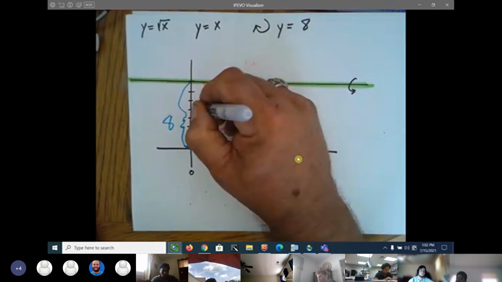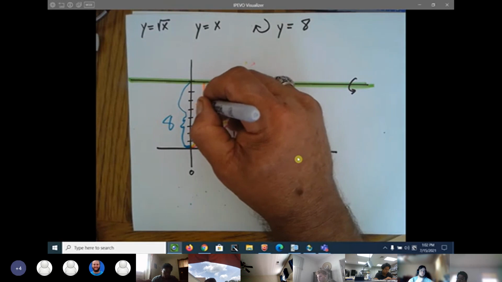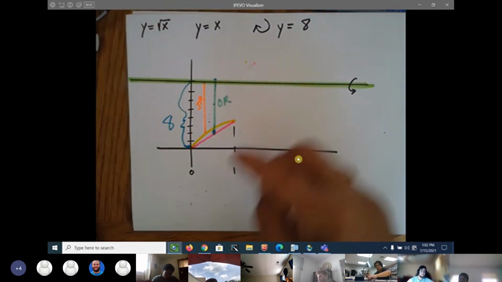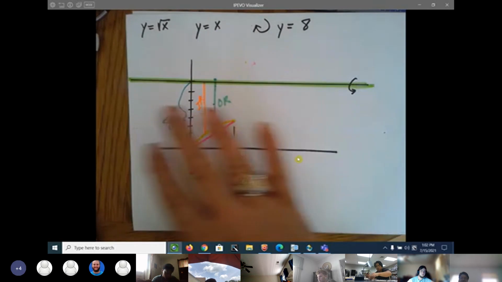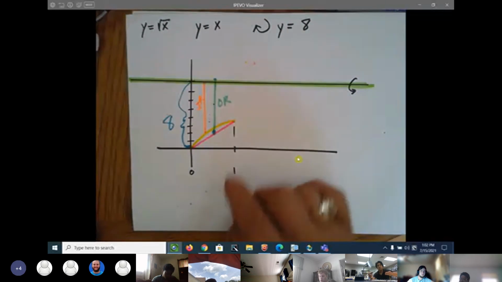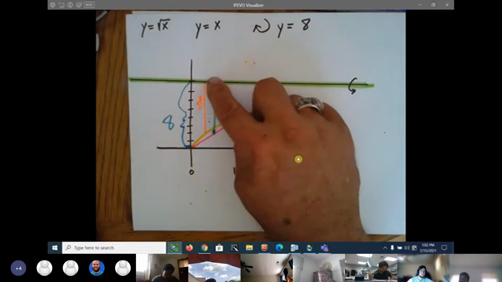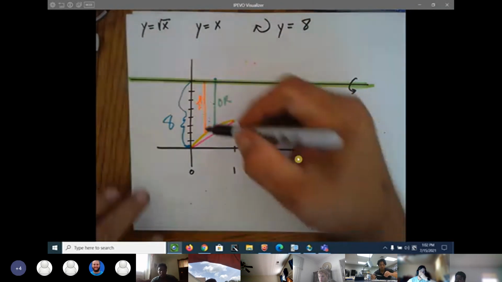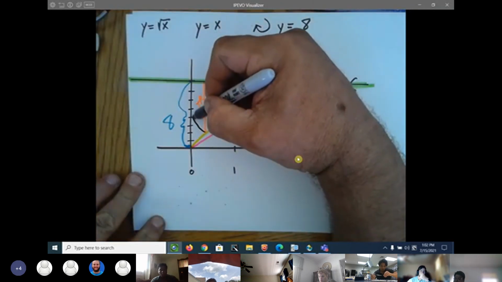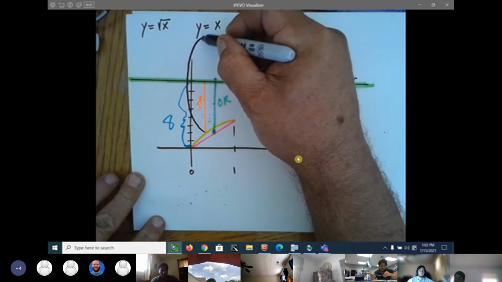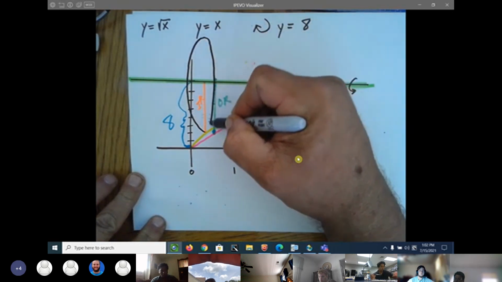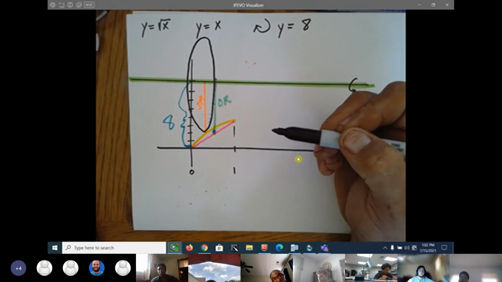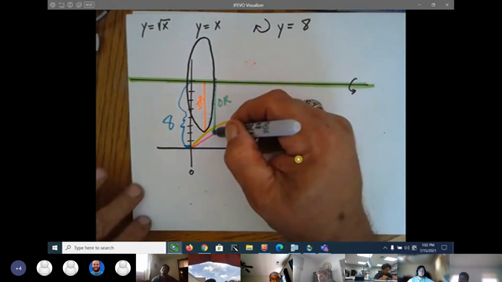And there's my inside radius. Because remember, I'm not drawing a big washer because it'd take up too much of the picture. But we're revolving around this guy. So I'm just going to draw the inside of the washer. There's the inside. And then the outside would be